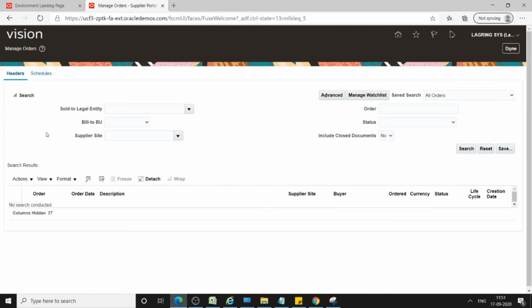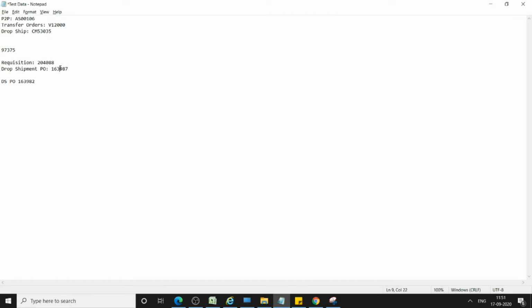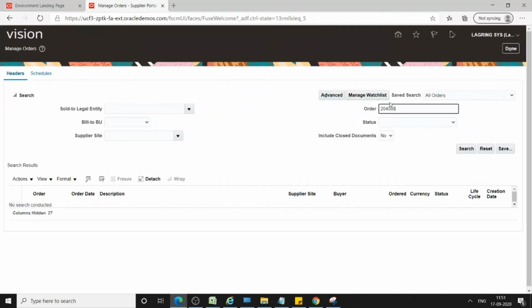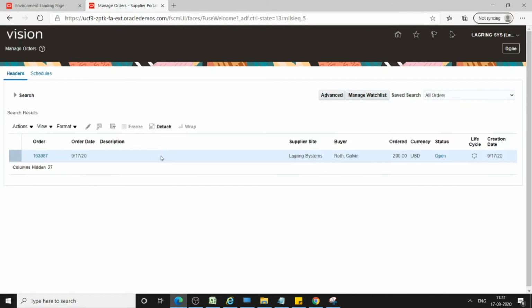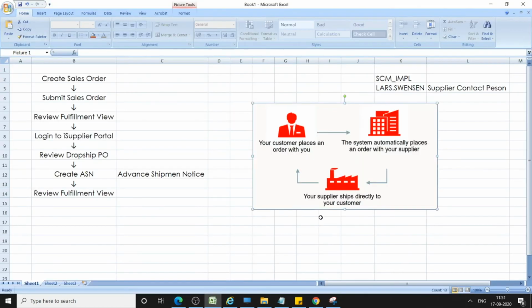In the order field, I will enter the dropship PO number and search. So this is the PO number. As per the flow, the system automatically places an order with your supplier.